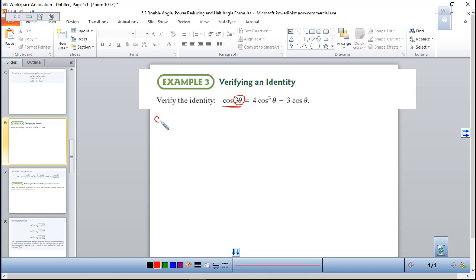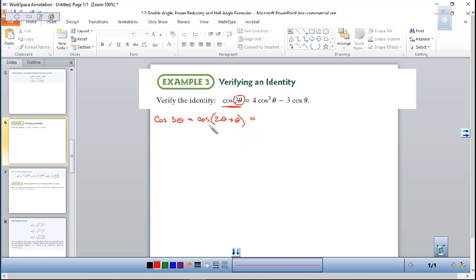One of the ways that I'm going to do this, let's go ahead and get started. Cosine 3 theta is going to equal cosine of 2 theta plus theta. And that's coming directly from our sum and difference formulas from 5-2. We know that 2 theta plus theta is going to equal 3 theta, therefore we can write it like this, and then